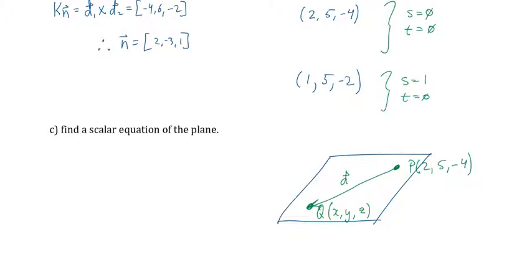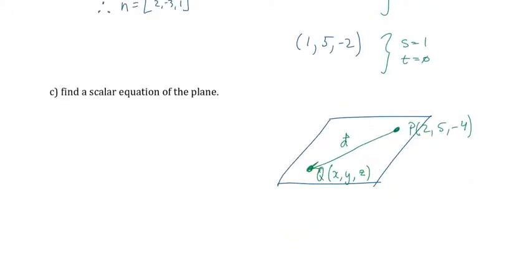Then what has to be true between the relationship of D and N? They have to be perpendicular, so their dot product has to be 0. Is that okay? But what is vector D? It's PQ. So this is the part that you have to understand and know, which is subtracting backwards: x minus 2,